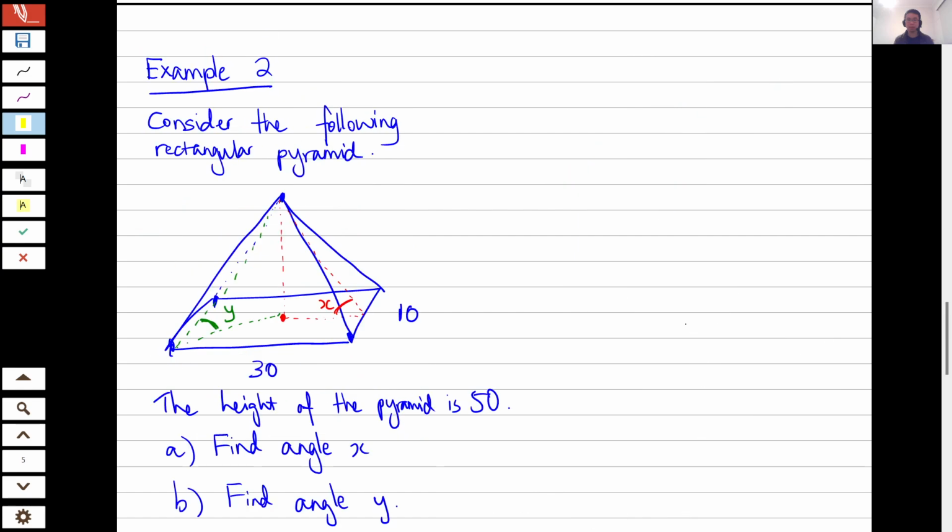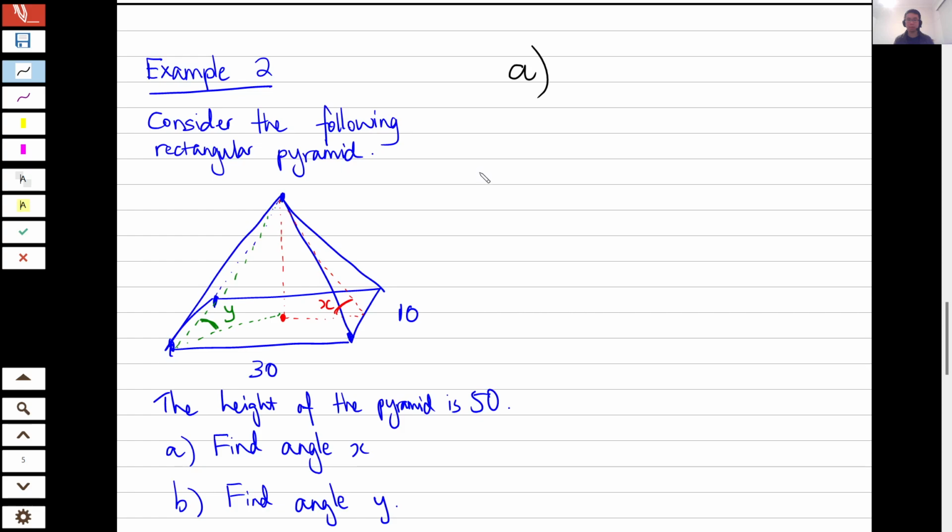So example 2, we're going to look at a pyramid. So again, I'll invite the teacher who is taking this class to pause the video and let the students take down this question for about 30 seconds. So I'll let you do that now. Okay, so now that you have gotten the question down,